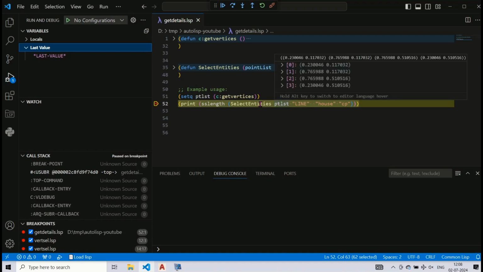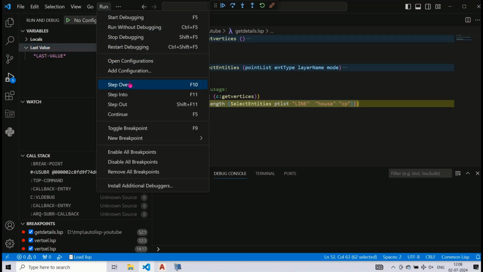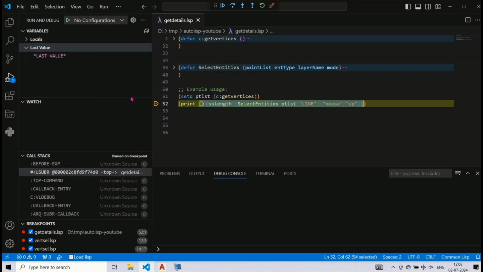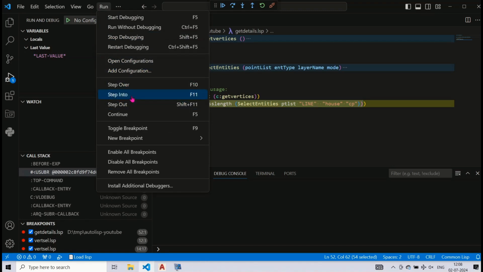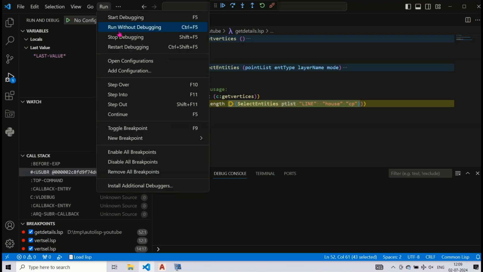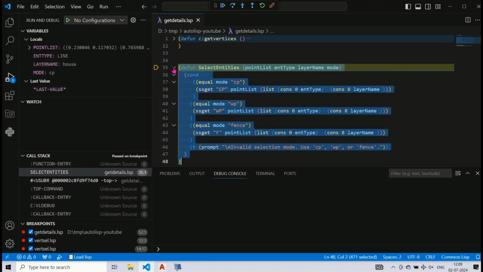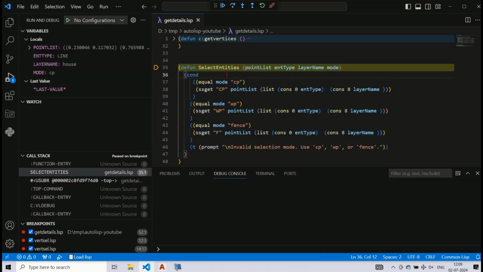We will now choose the Step Into option either from the Run menu or by pressing F11. Execution flow will now step into each individual expression and will give us a chance to examine each execution step. Each time we press F11, individual expressions are executed one after the other.